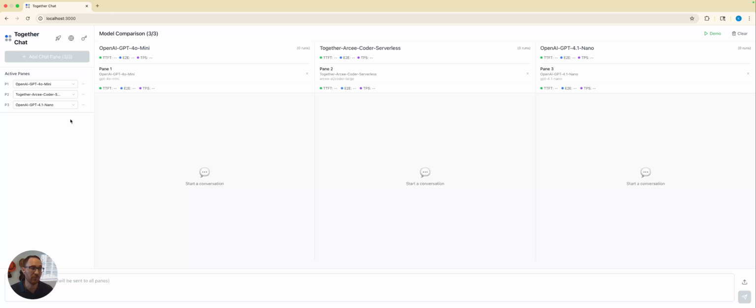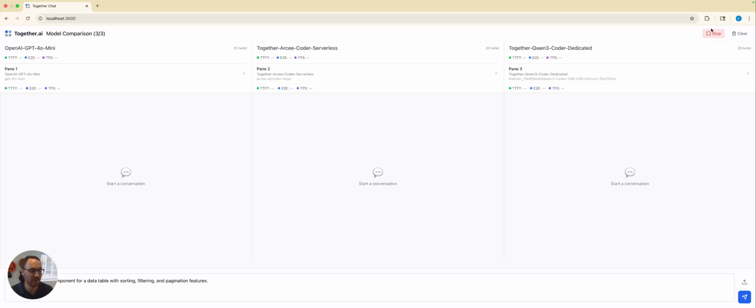And I would go as far as to say for general coding and general purpose, it is one of the best coding models out there. And then, of course, our Qwen 3 dedicated, which we just provisioned. This one also has some good capabilities, especially if you're doing agentic stuff. It has some advantages in that area. But here are our contestants, so to say, and now I have got a bunch of coding questions here